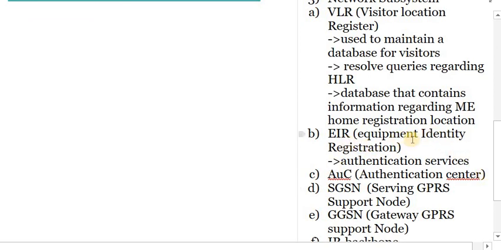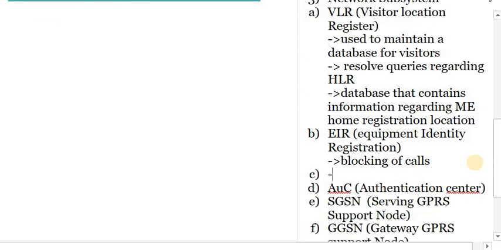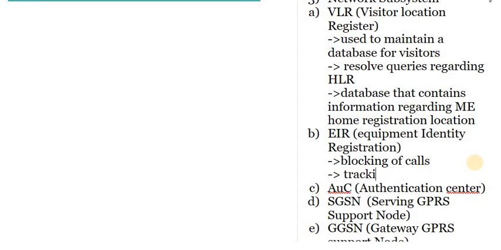Actually this EIR, equipment identity registration, is used to provide the blocking services, like blocking of the calls, and another functionality provided by the EIR is tracking of handsets.